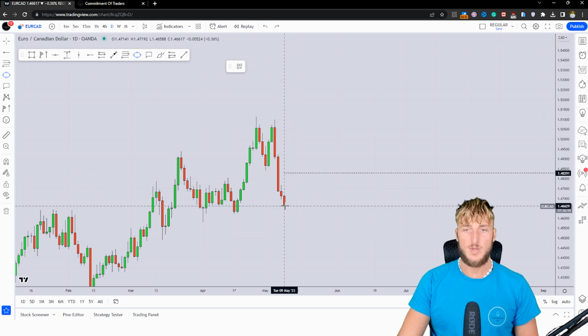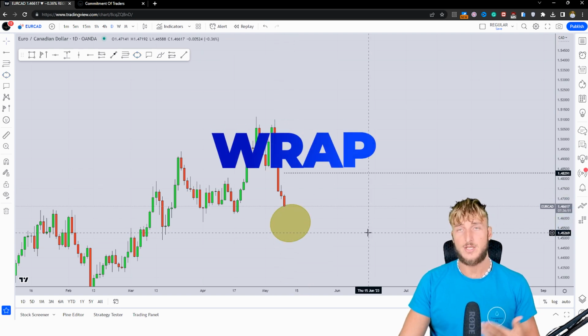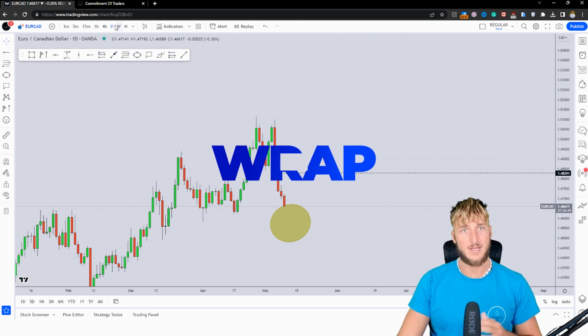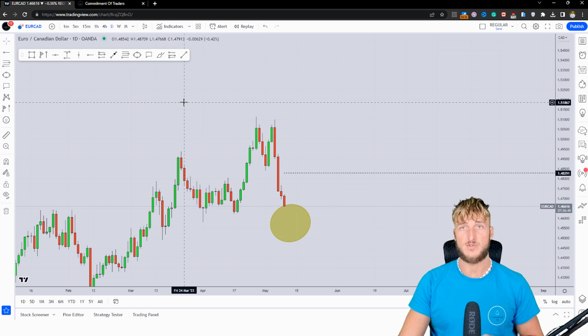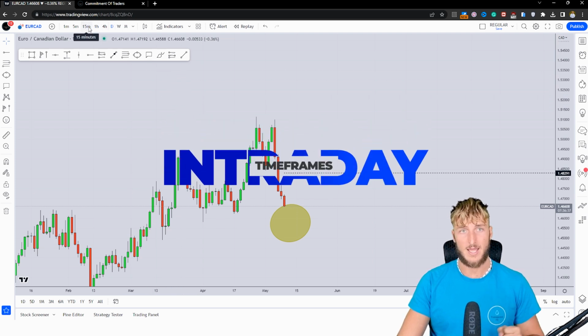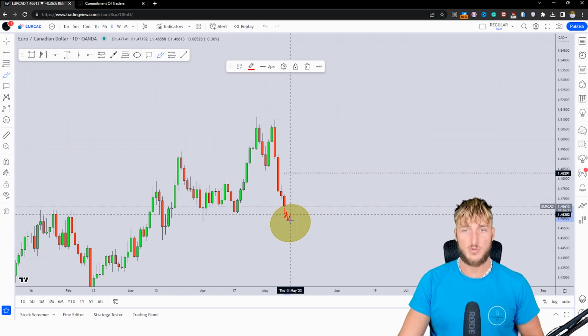So how could we be approaching this potential rejection higher? Now, as usual, trading is reactive and not predictive. The monthly, weekly, and daily combined with the COT data are the best time frames from a directional perspective. However, when it comes to confirmations and entries, the best time frames are the intraday time frames, so 4 hour and lower. Therefore, what we could be doing, potentially also with students, is monitoring price action from an intraday perspective